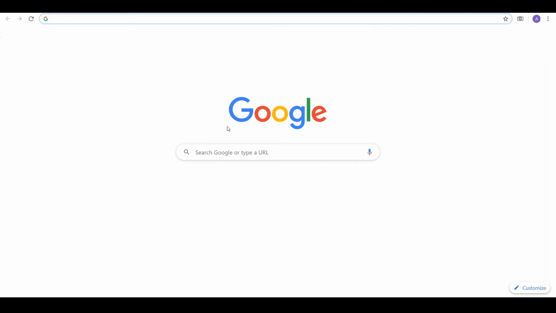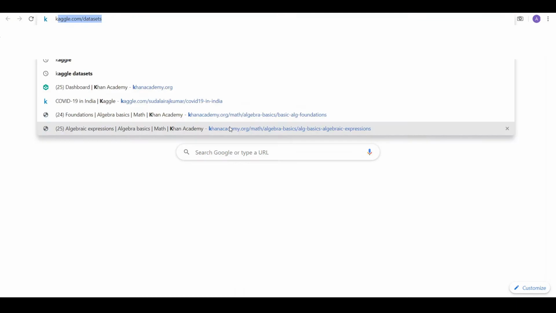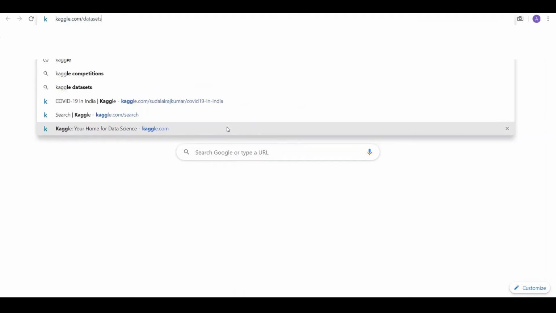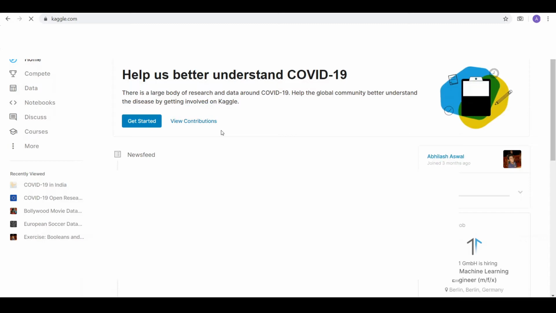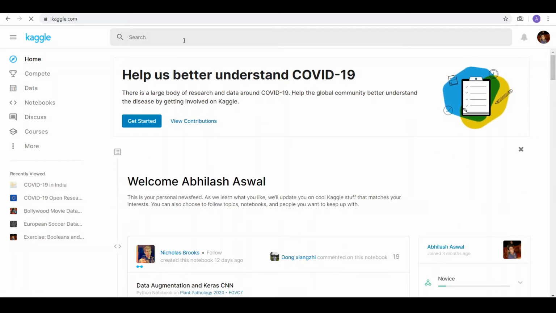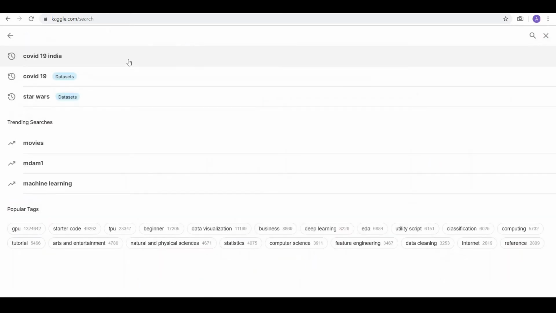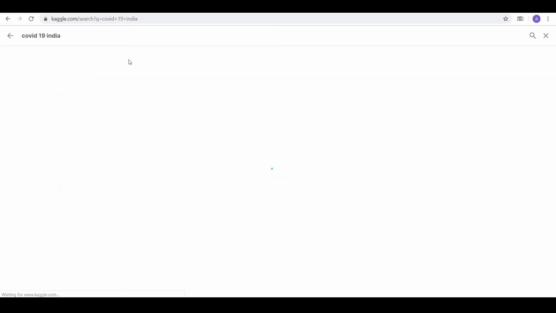So I will go to google.com and search for Kaggle. I'll search for the COVID-19 India dataset.